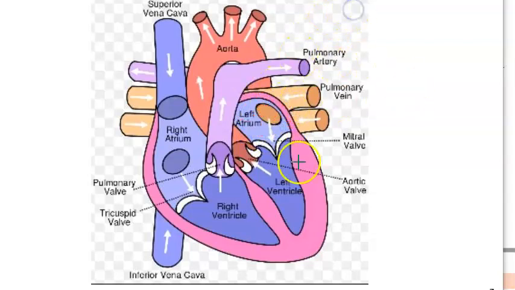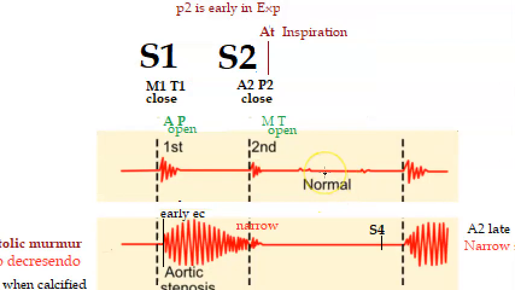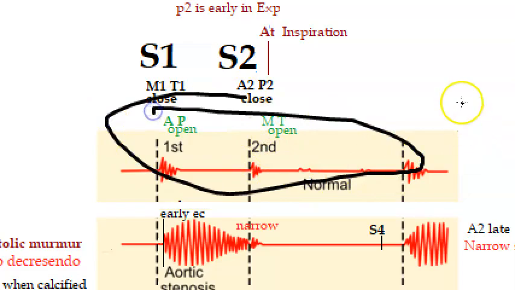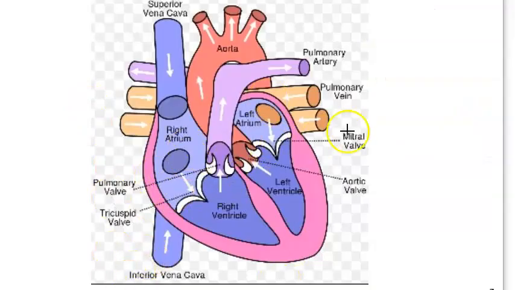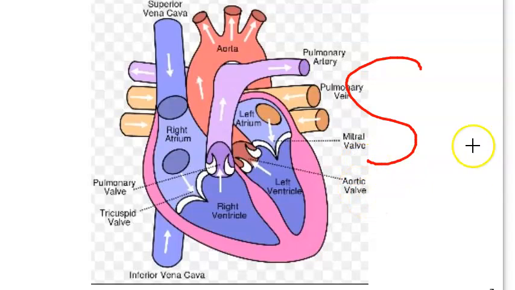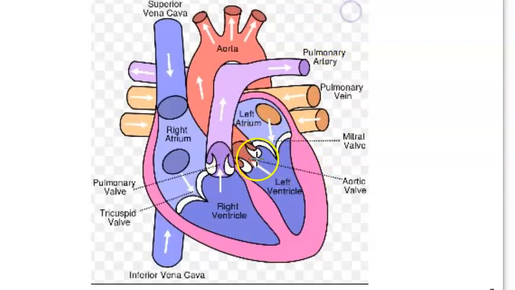Okay, that's it. Now let us look at some abnormalities. So look at this, guys. Whatever you're seeing here is normal, right? Whenever you're saying something is stenosis, stenosis means there is narrowing of the opening, right? So whenever the valve is open and there is a narrow opening, only then can you have stenosis. So when will you have the aortic stenosis murmur? Let us say this is the aorta. Aortic stenosis means once the aorta opens, it is narrow and the blood is going with a murmur, right? So aortic stenosis will happen after the aortic valve opens.